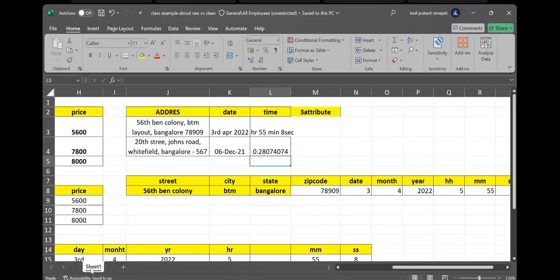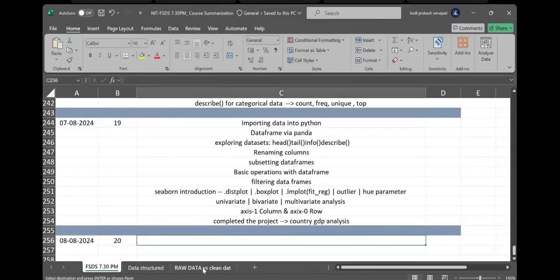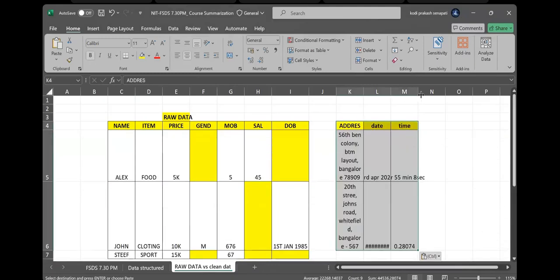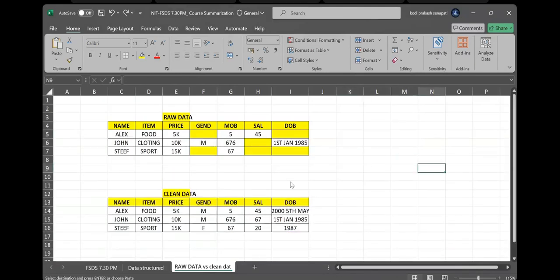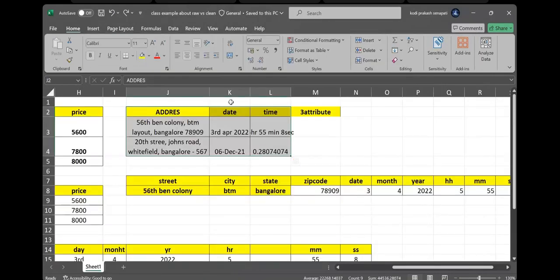I want to ask you these questions, guys. Let's copy and go here and talk about this. My question to you is: is this raw data or clean data?